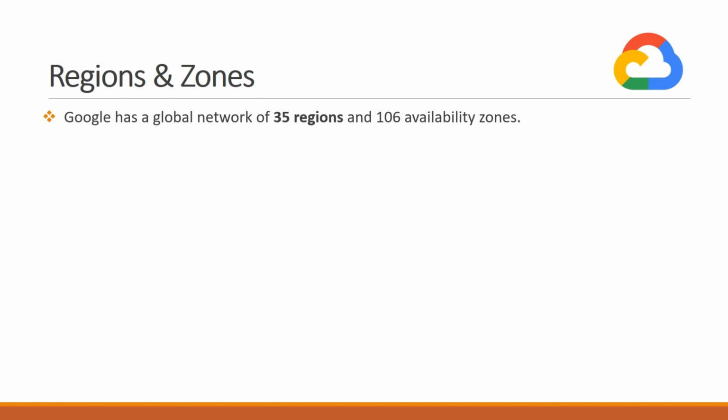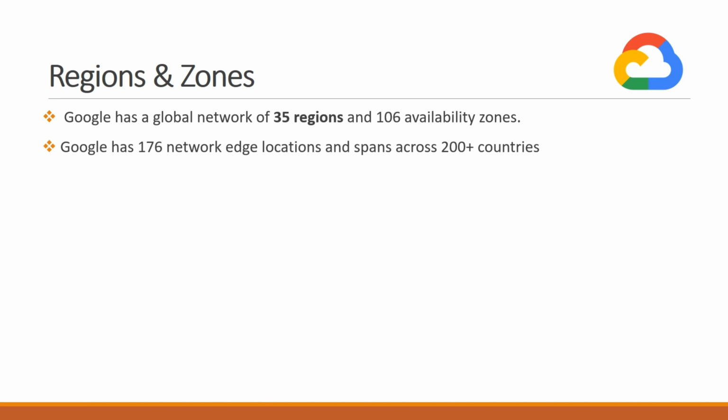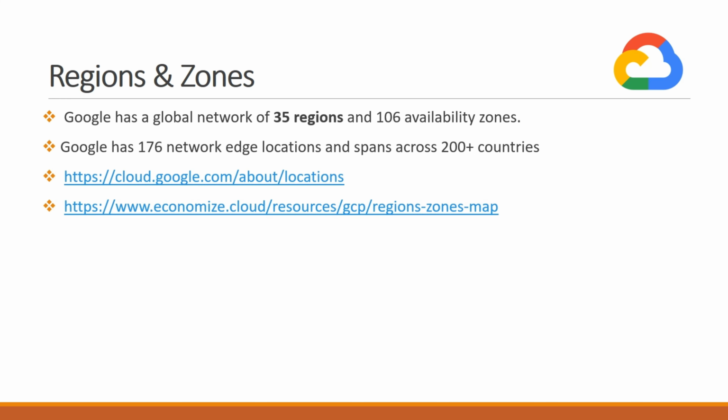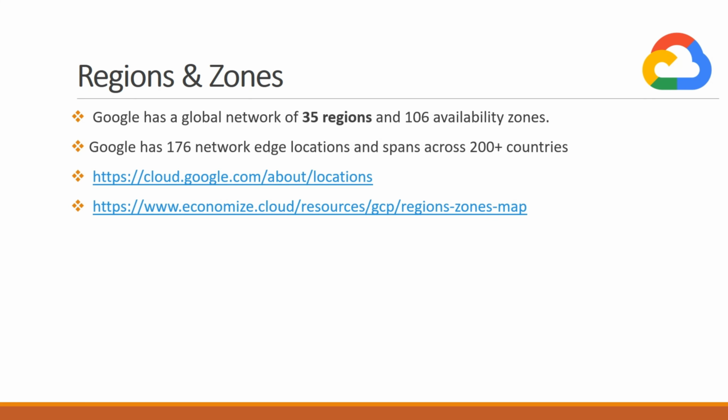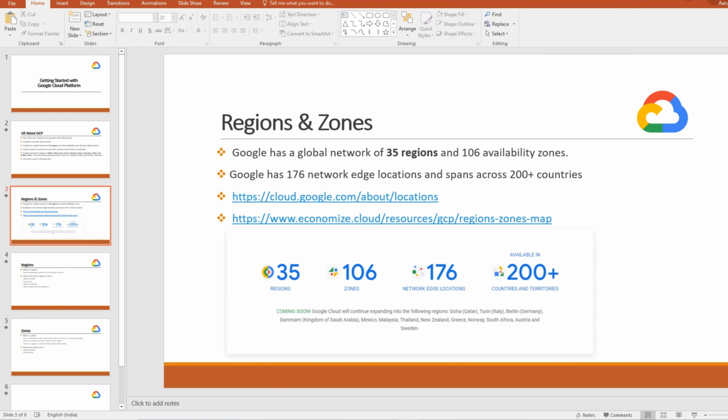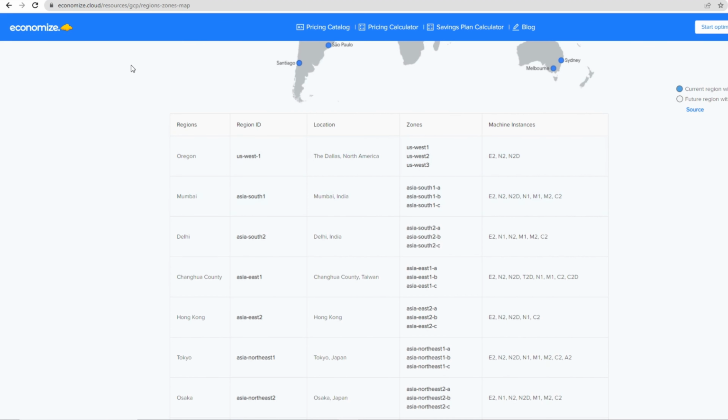Let's talk about regions and zones in GCP. Google has a global network of 35 regions and 106 availability zones as of now. Google Cloud has 176 CDN locations and spans across 200 plus countries. You can see region locations in these two URLs. Let me walk you through these two URLs. In our first URL, that is